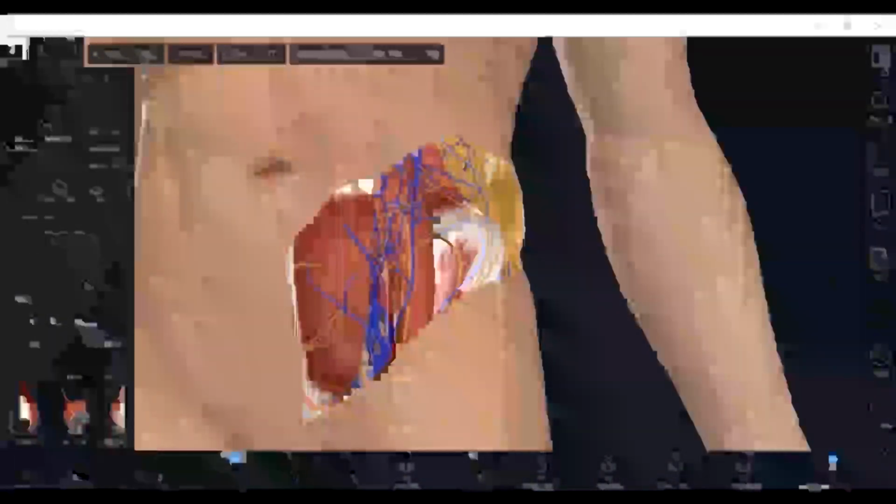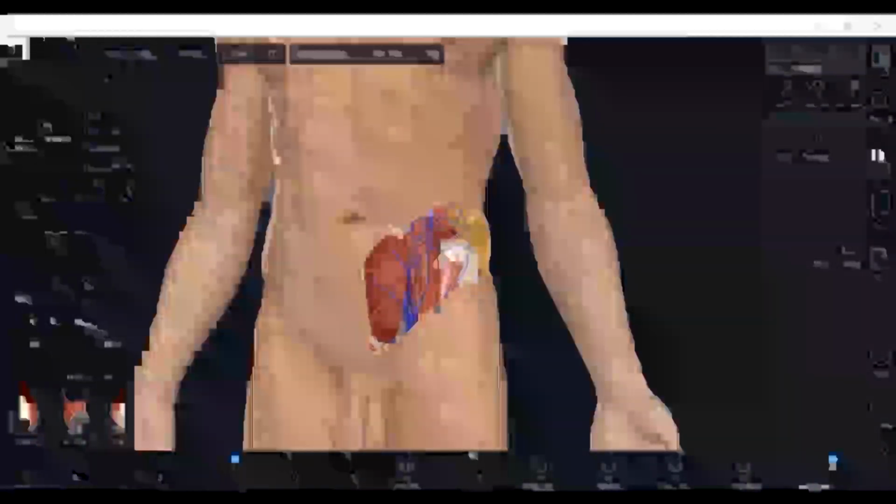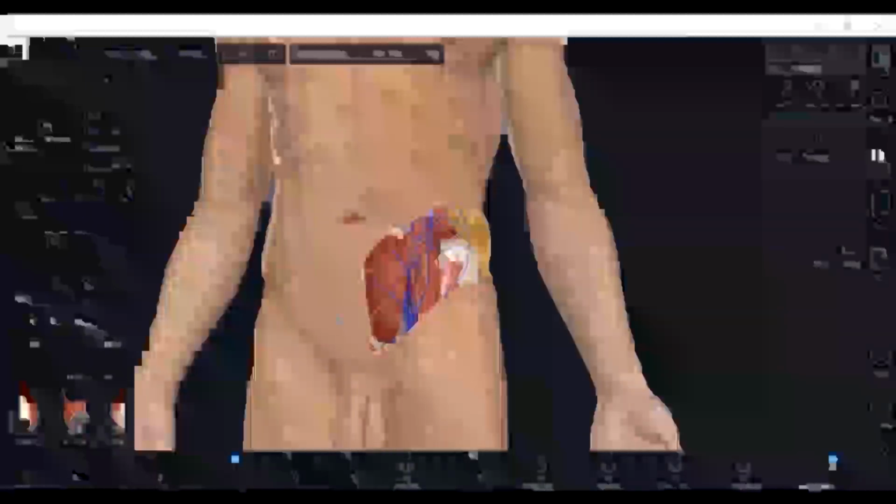These tools are a great help to view the structures in a limited manner, without going through everything, because once a full body model is there, all the structures will be there. But this cut tool as well as this discover tool are very helpful to explore the body in this fashion.